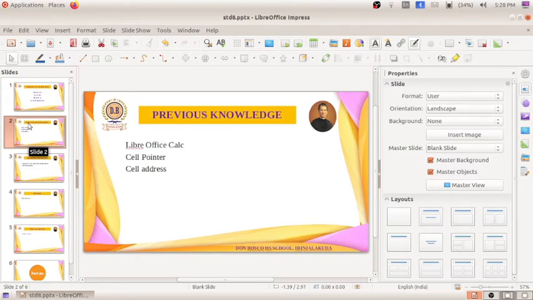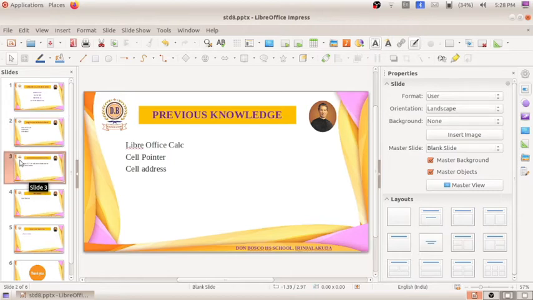We marked the cell pointer, and we did the first activity of finding out the cell address. When we place our mouse pointer on a cell, that cell gets bold, and hence it is known as the cell pointer. And we also found out how we will know the cell address.